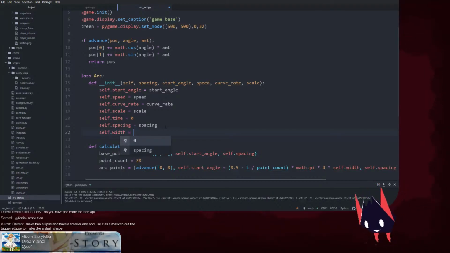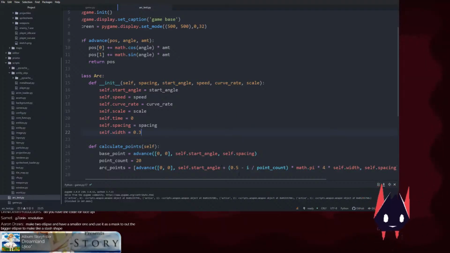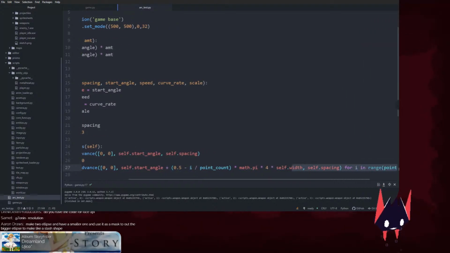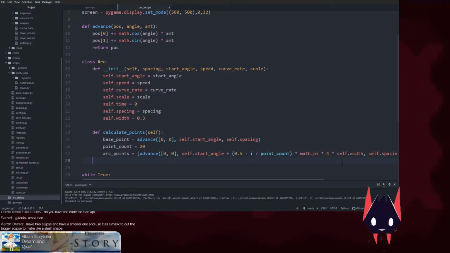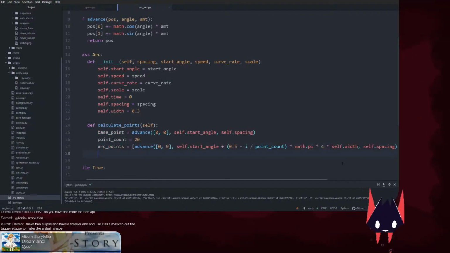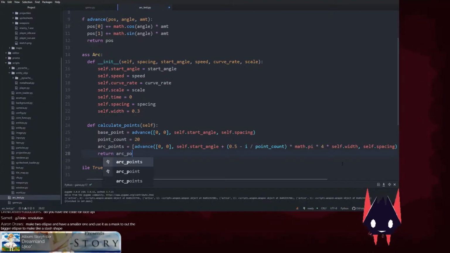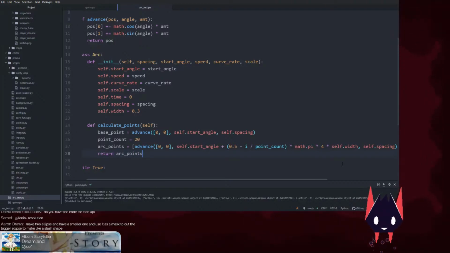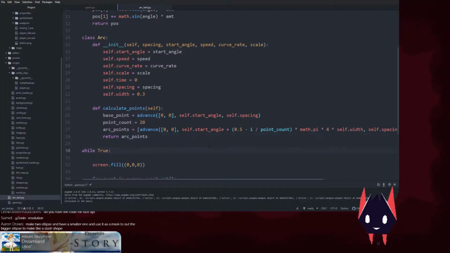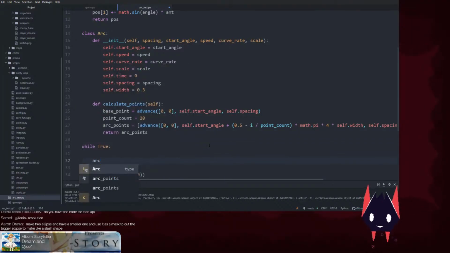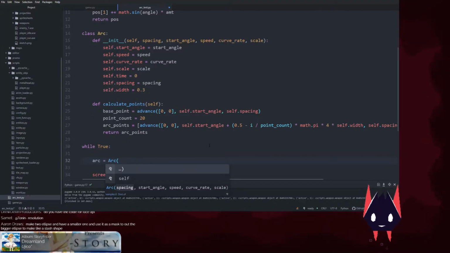equals 0.3 of a circle would be. So if the spacing is constant, you should get a smooth arc if I did this right. So it needs to return the points. Return arc points. Well, first let's make an arc. See if it crashes. Equals arc. Let's do